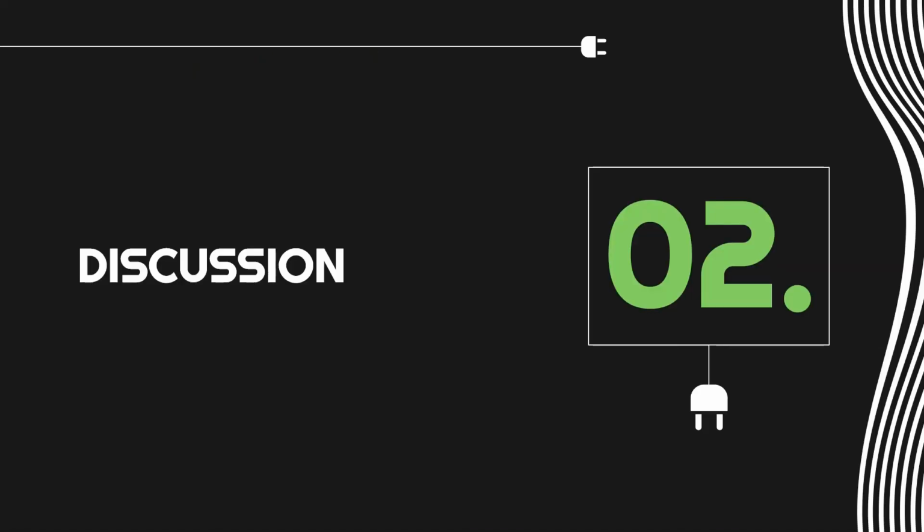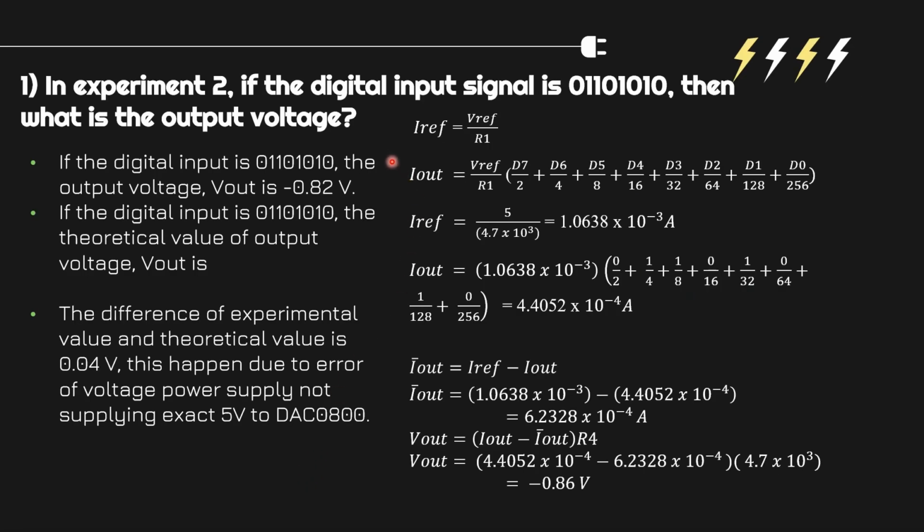Next is the discussion of both of the experiments. In experiment 2, if the digital input signal is 0110110, then what is the output voltage? So from the experiment we got, if the digital input is 011010110, the output voltage is negative 0.82 volts. Then if the digital input is